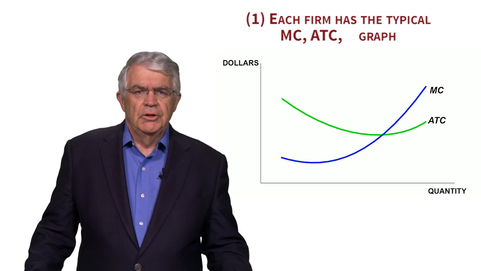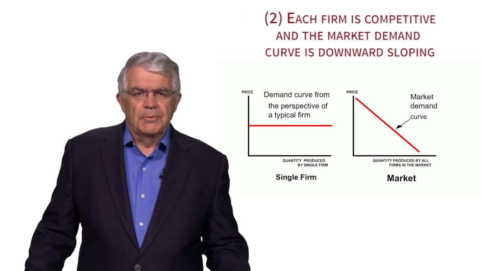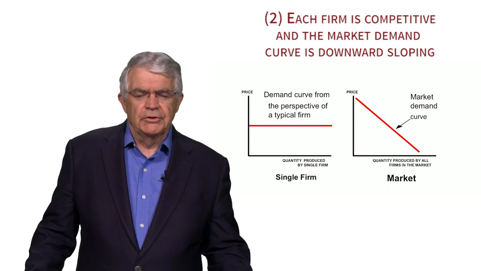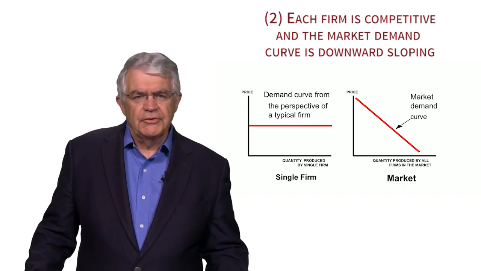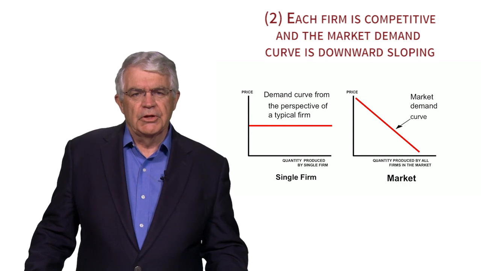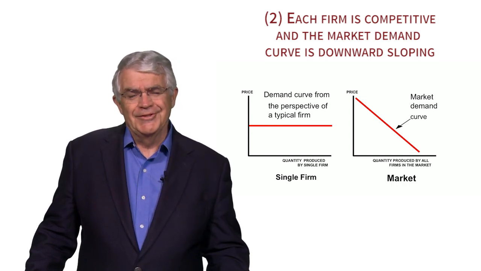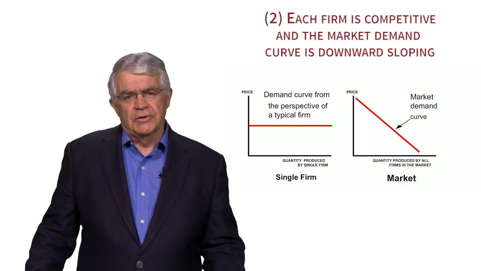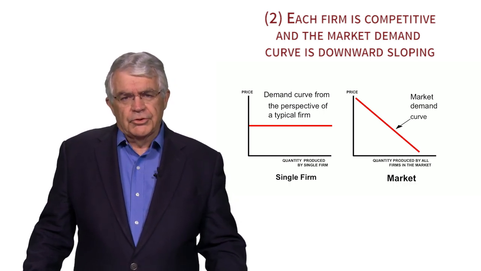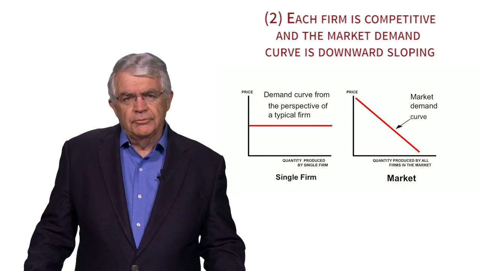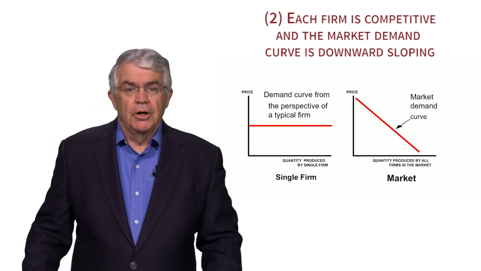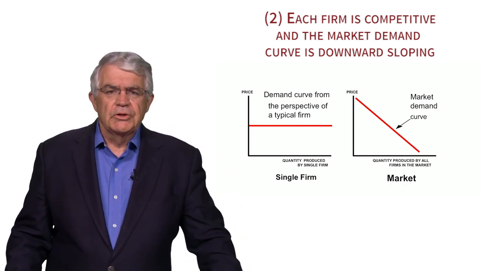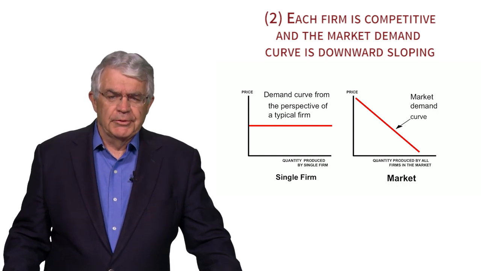It's nothing new. Next thing we're going to look at is this concept of a firm being competitive in the industry and where the market demand curve slopes down. Okay, so you want to consider 2 things. On the left, you can see a diagram which represents production of a single firm, a typical firm in the industry. On the vertical axis, we have the price of that firm. Again, horizontal axis, quantity produced at the single firm. Vertical axis, the price that typical firm faces in this competitive market. On the right, we see the total market in which this typical firm operates, along with many other typical firms.